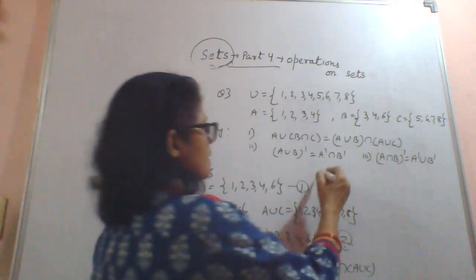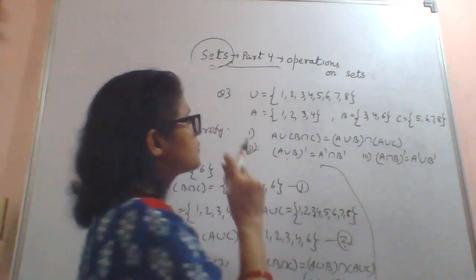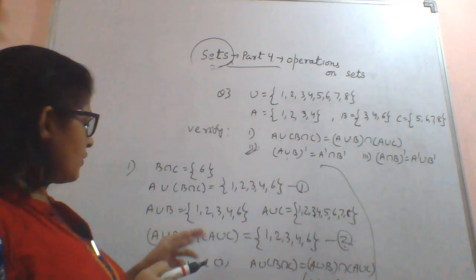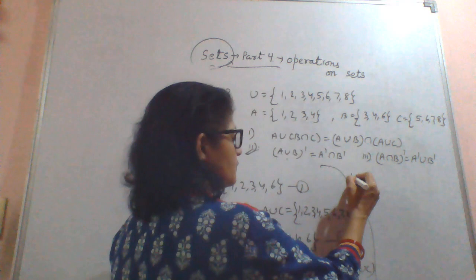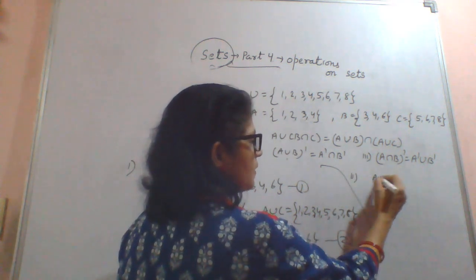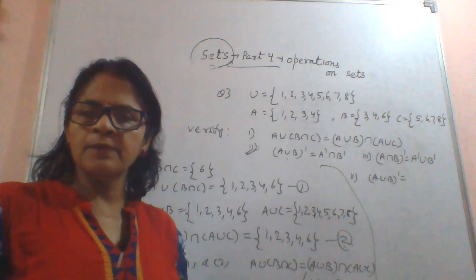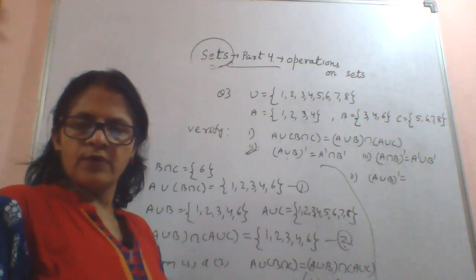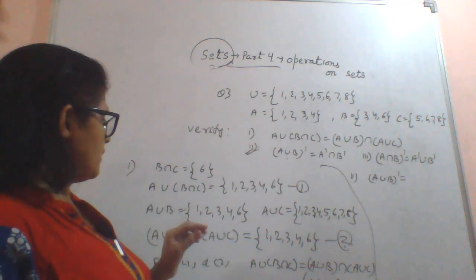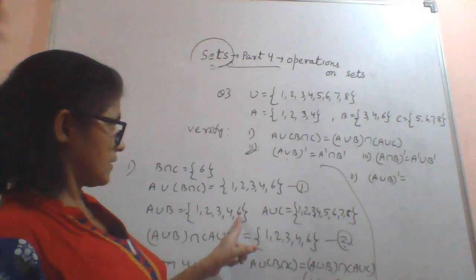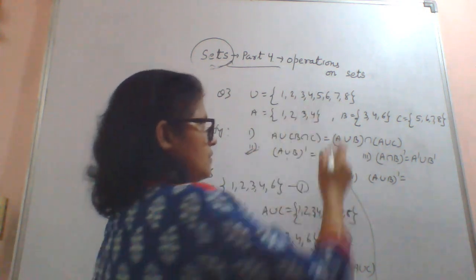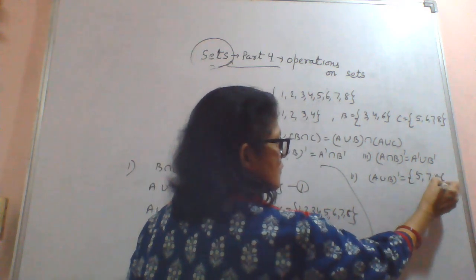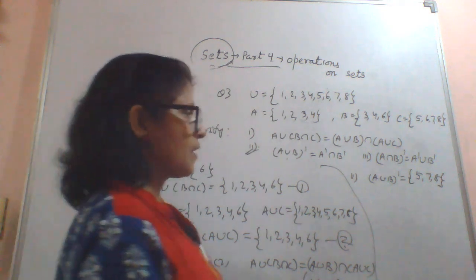Okay, clear. Now this one, second part, (A union B) complement. So A union B we have already found. So second part, (A union B) complement is what? A complement means जो A में नहीं होगा, means U difference A. So U में होगा, A में नहीं होगा. So A union B is {1, 2, 3, 4, 6}. U में से 1 2 3 4 6 नहीं लेंगे तो you are getting {5, 7, 8}. That is your (A union B) का complement.